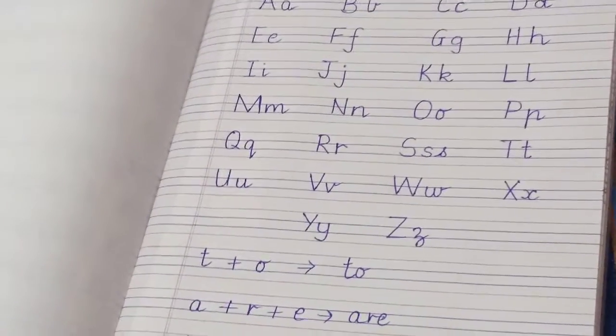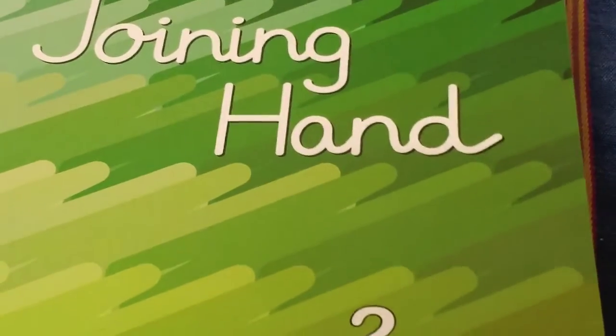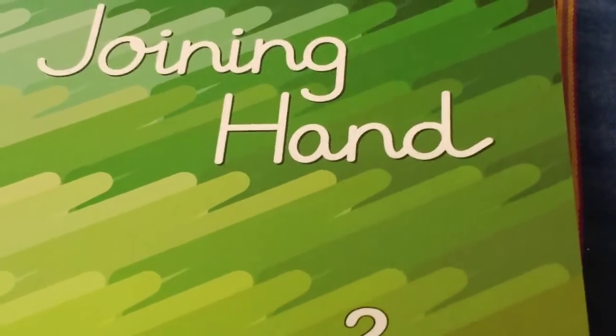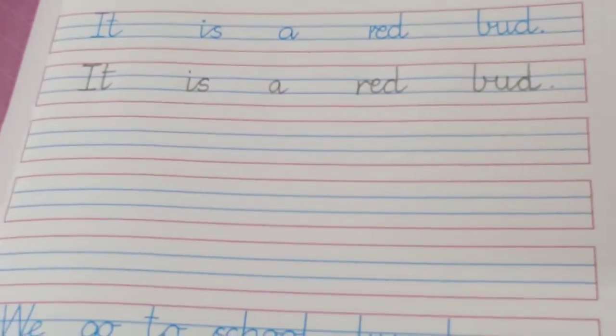Okay. So now children, take out your joining handbook and turn to page number 3, the first page. I will tell you how to write in this book.